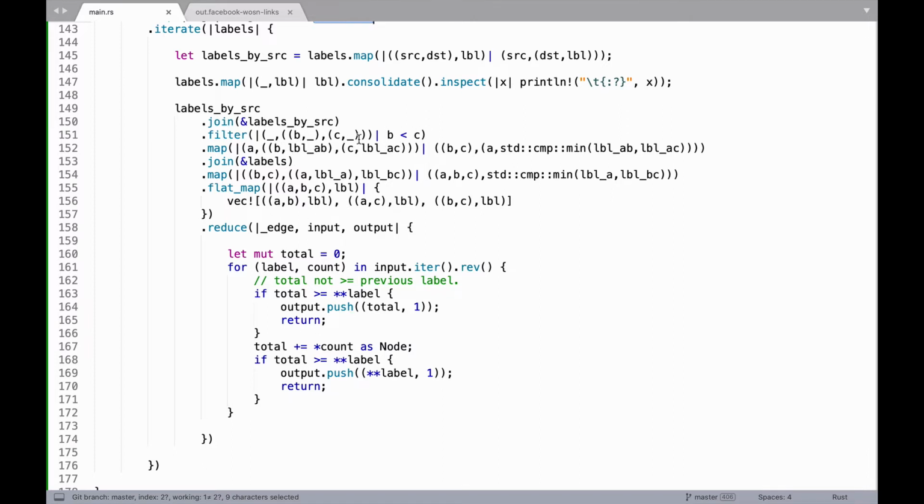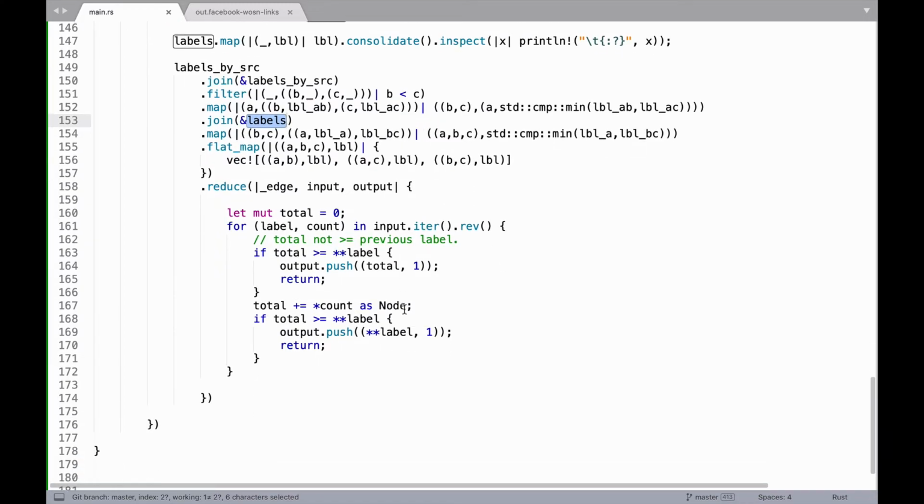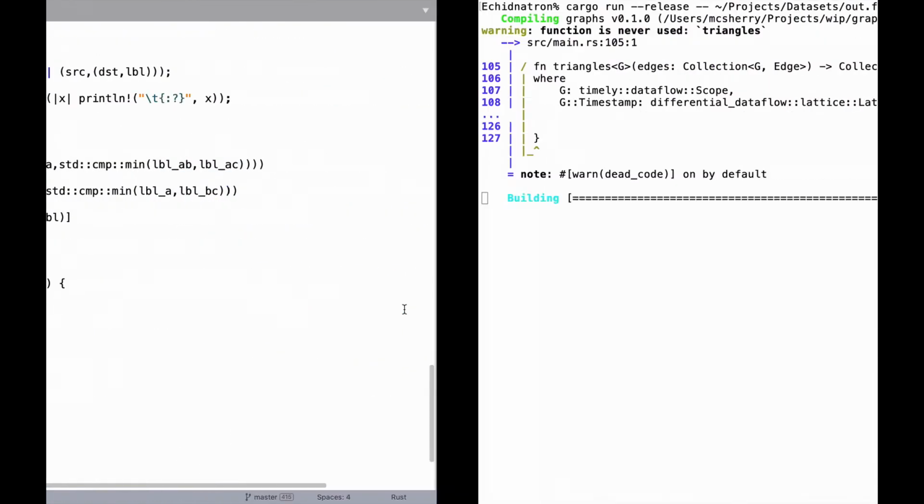Filtering should still let half of these things go through, and the ones that are in the right order. When we do our join with labels, we put BC in the right order from small to large, so we should absolutely be finding things in labels. These edges that we reduce out are also in the right order, so yeah, I'm thinking, well, I don't see it yet, but